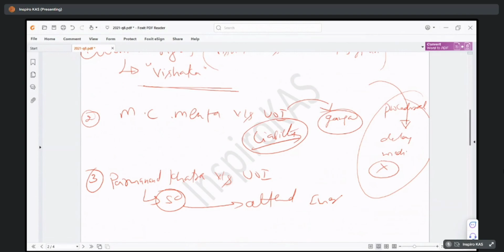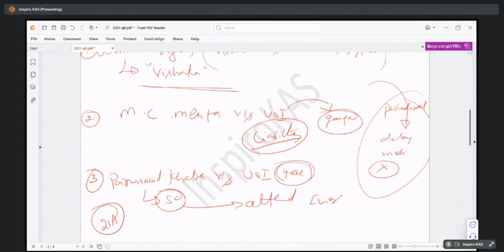Maybe you have many other cases like Vineet Narain versus Union of India, which you have studied with respect to enforcement authorities going into corruption allegation cases. Or the right to education, Unni Krishnan versus State of Andhra Pradesh, which you studied when studying Article 21A, the right to education case, where compulsory education was given. Basically a 2000 case. If you write the year, happy.